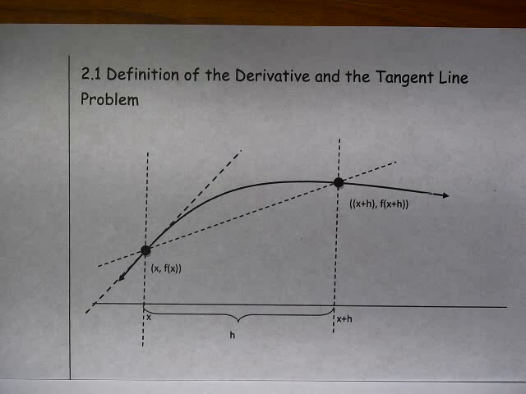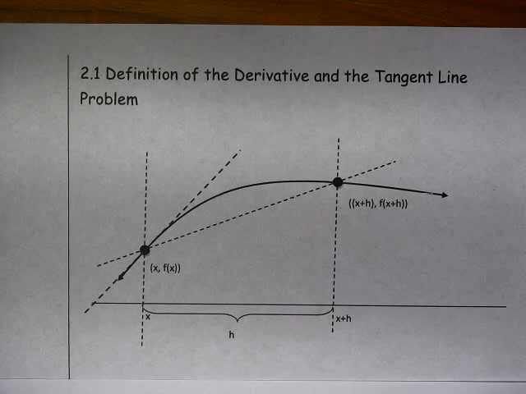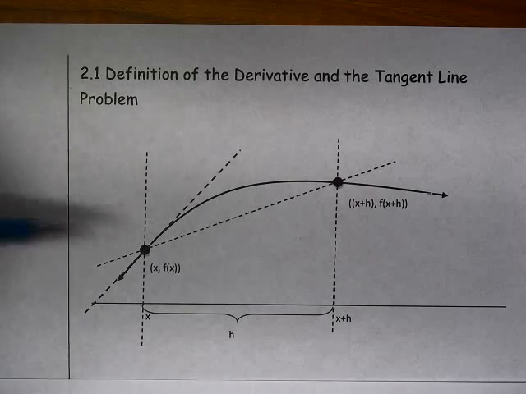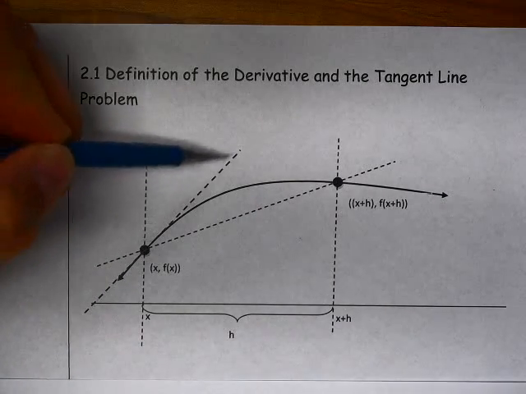So we're going to start section 2.1. Section 2.1 is a definition of the derivative in the tangent line problem. We're actually going to start with the tangent line problem. So what we mean by the tangent line problem is I would like to come up with a way to